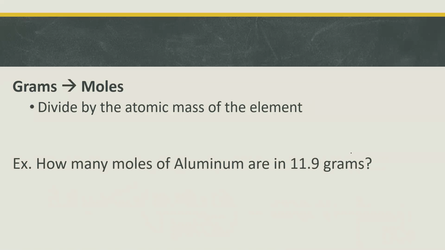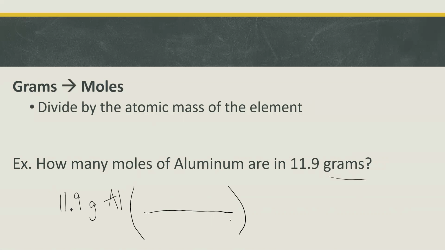So start off the same way. I'm given a number, 11.9 grams (g) of aluminum (Al). And now I'm going to divide by the atomic mass. So it's going to go on the bottom. So looking at my periodic table,